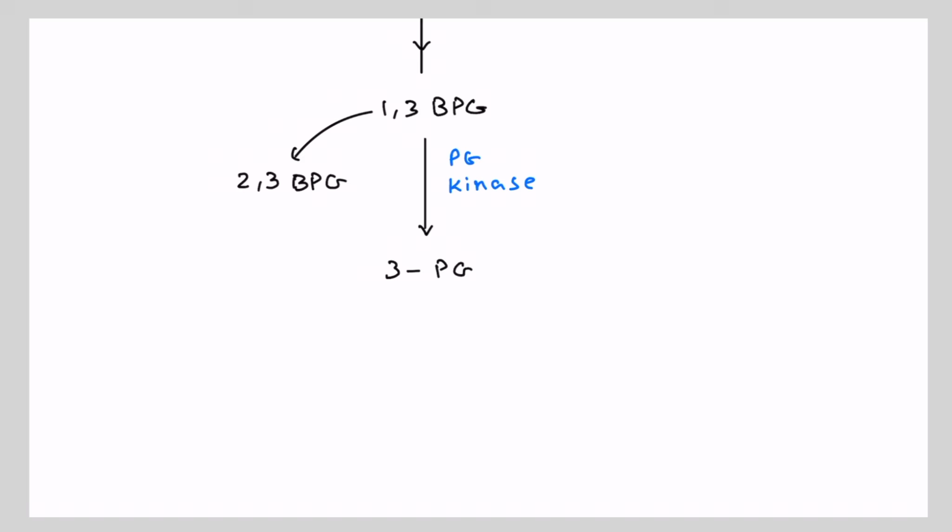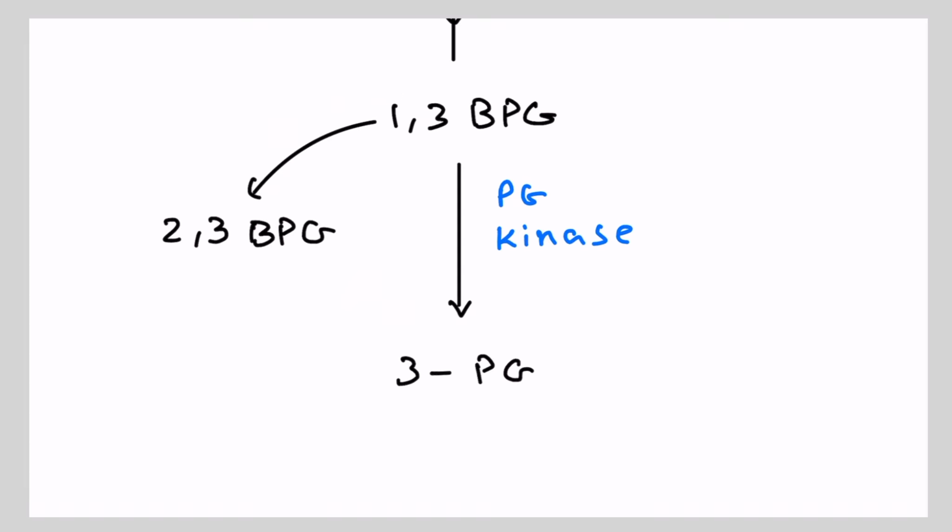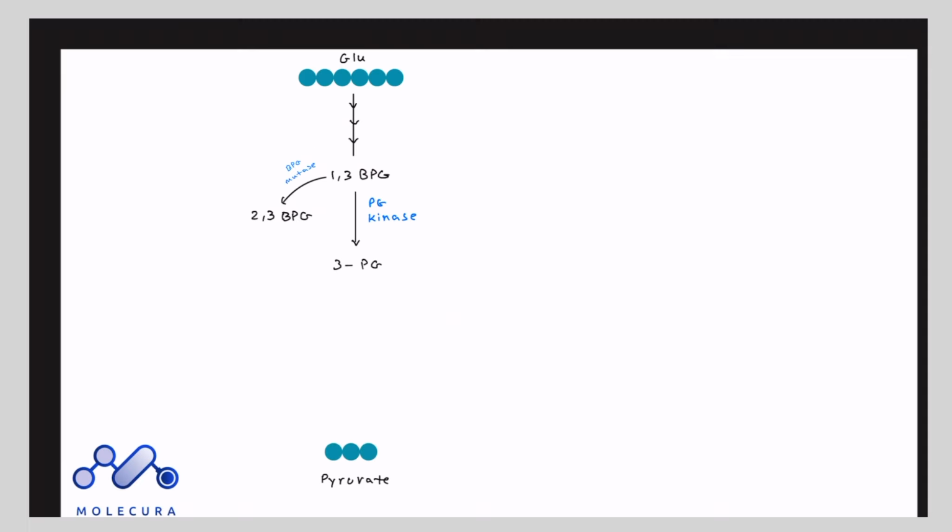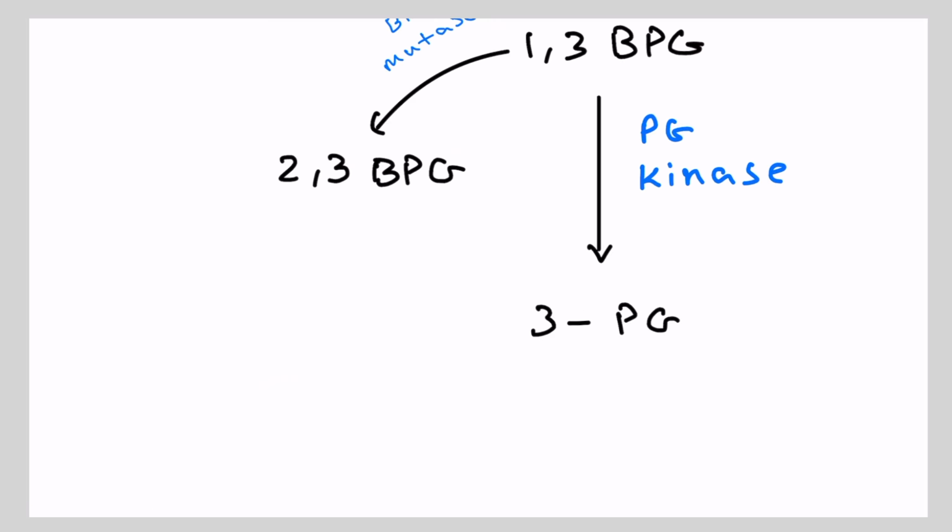So mutase enzymes, as we talked about, are moving the active groups on the carbon backbone. Here we have two phosphates on carbon number 1 and carbon number 3. And what's happening is that we are moving the one that is on carbon number 1 and we are putting it on carbon number 2. So this enzyme appropriately is going to be called bisphosphoglycerate mutase. And this is particularly important in RBCs because 2,3-BPG can be used to decrease the affinity of oxygen